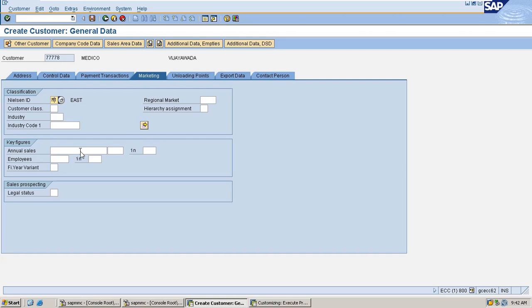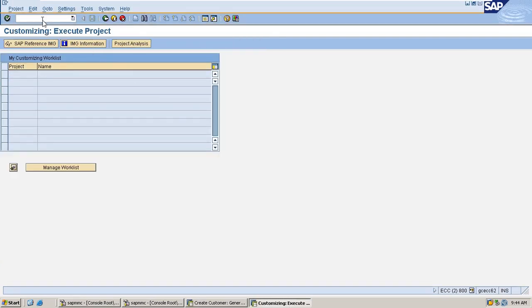And the next field is customer classification, classifying the customers based on their sales turnover. The purpose of customer classification is for analysis and reporting, as well as for discounts and for fixing the credit limits of the customer. So we can define the new customer classifications here in the path.